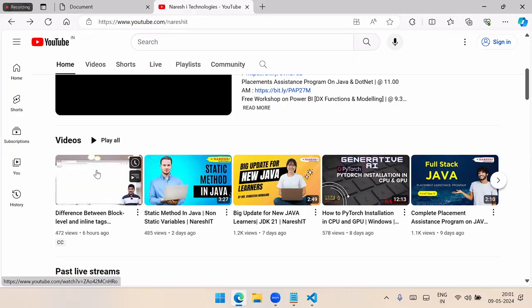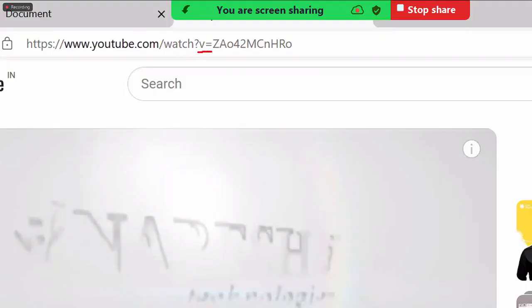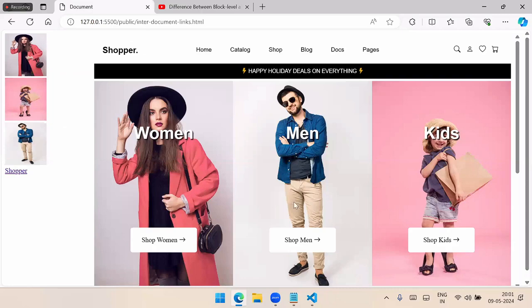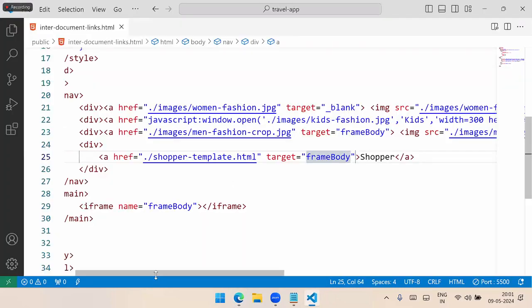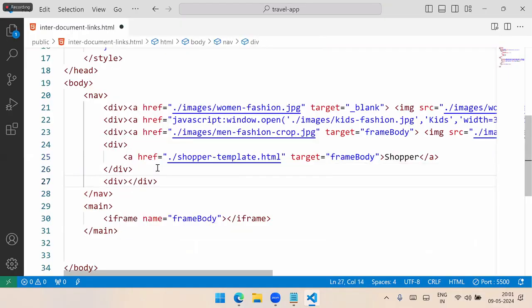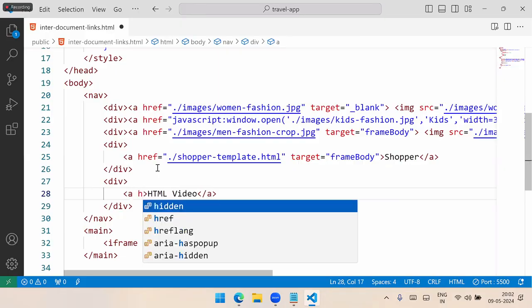Click that video. When you select the video, this is the video link. After v equal to, that means after watch, this is the video code. Copy that code. Go to your website. Here, we will put a link in the div. I will give some anchor, HTML video. What is the href? Href is